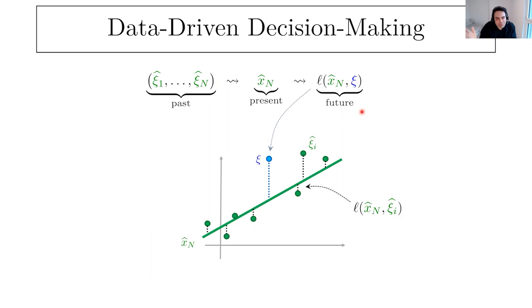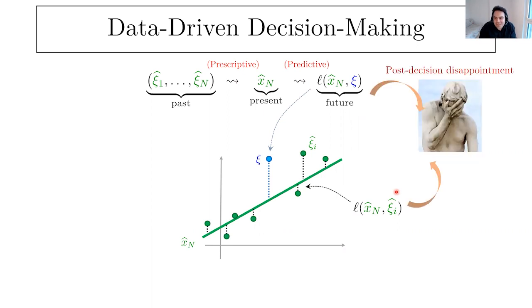Once I started working with the operations research community, I realized that people are somehow a little bit more creative with names here. So the first arrow, people call it prescriptive analytics, which is very much similar to the training phase. The second arrow, they call it predictive analytics, and somehow these are very sensible names in terms of the role that these arrows have. But perhaps the most creative component is this generalization error, which they call post-decision disappointment. So that's how people refer to these different errors that we have.